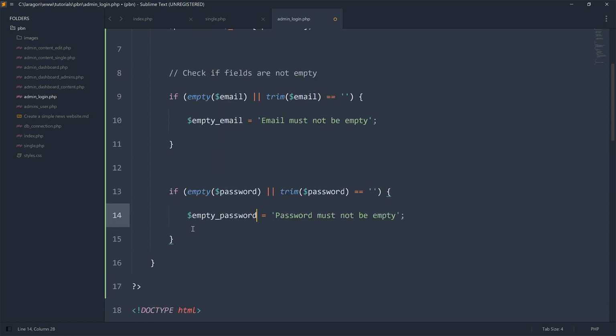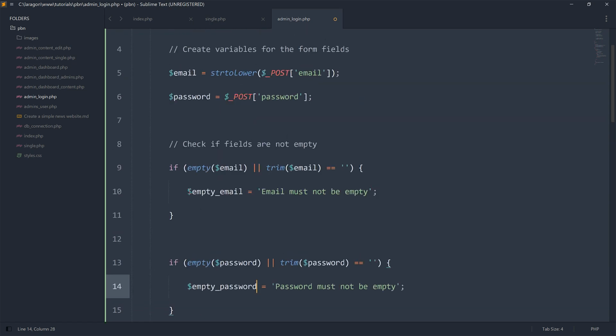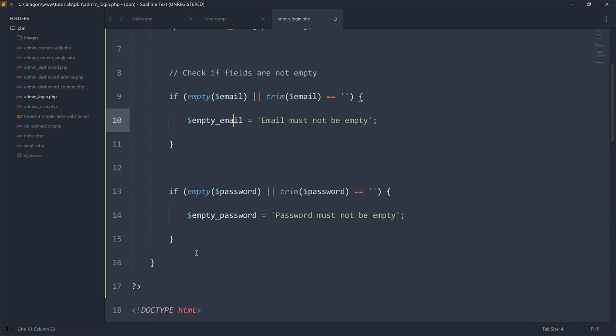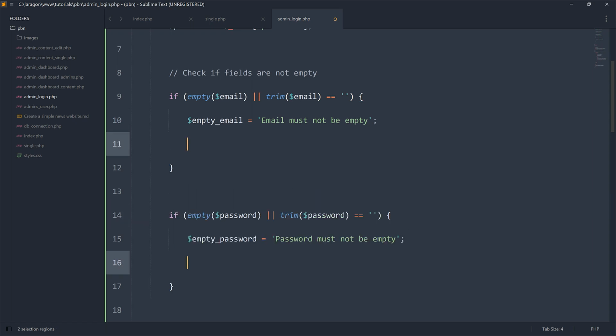So also at this point we could see that once these errors occur and we find out yes there are errors, and then these variables are set at this place, if there's any other code that follows, it will still run. So it means normally once these errors happen, we should stop the script from continuing running. So to do that, we could exit it by doing so, or we simply write die